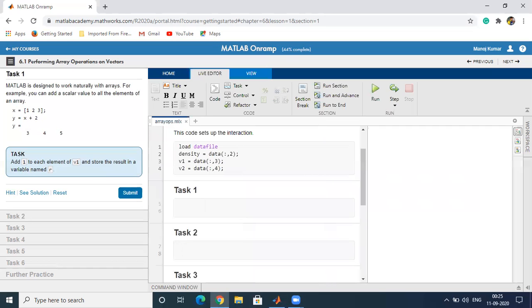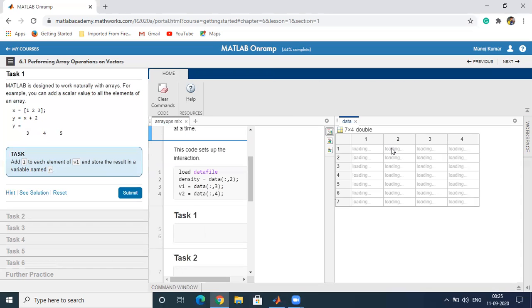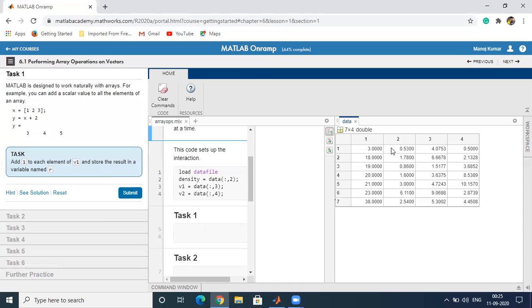You can see the values of v1 and v2 by clicking on v1. It shows the same 7 rows, 4 columns, and v1 is the vector which contains the third column. v2 is the vector which contains the fourth column of this data matrix.